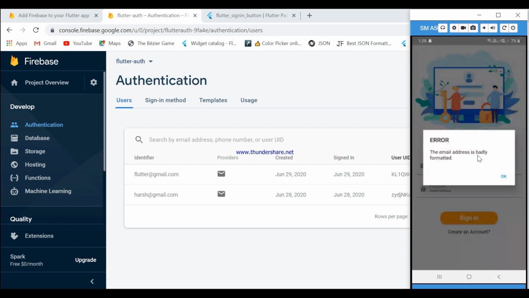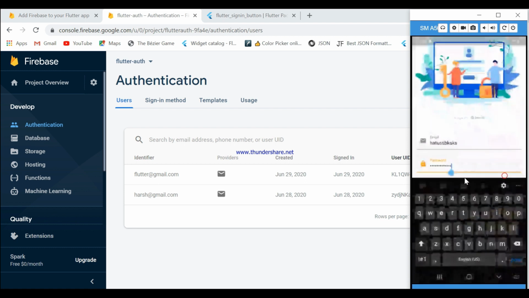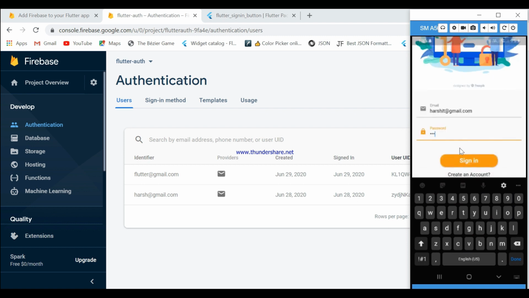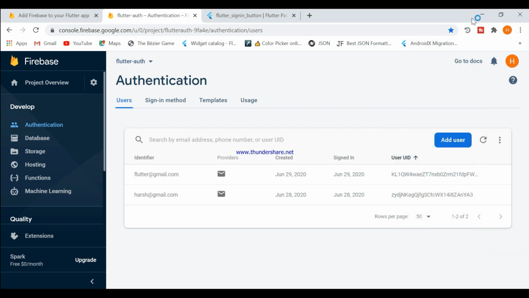I've also implemented validations. Suppose the user enters a short password of less than 6 characters, then we will show him a message like "provide a minimum 6 character password." See, just wait. Now as you can see, this is the app that we are going to build. I hope you like my work and this app as well.